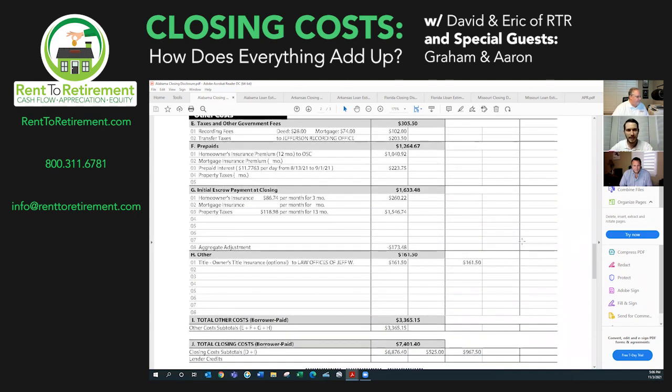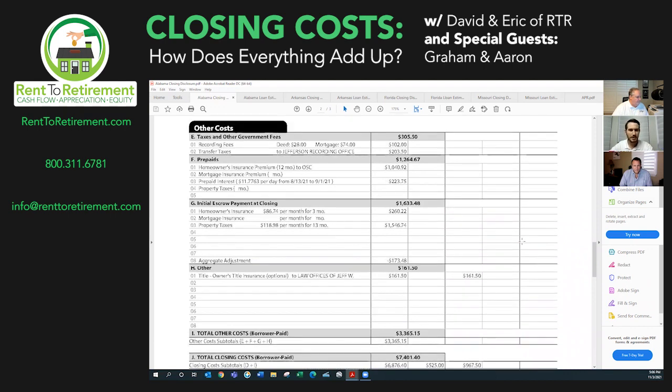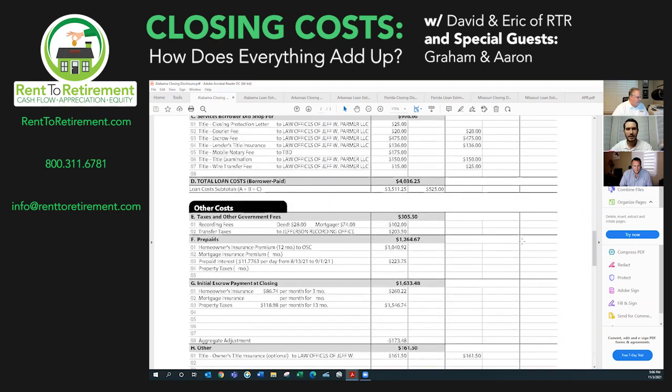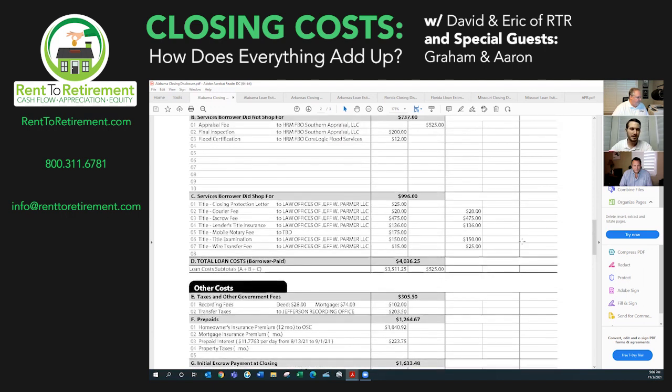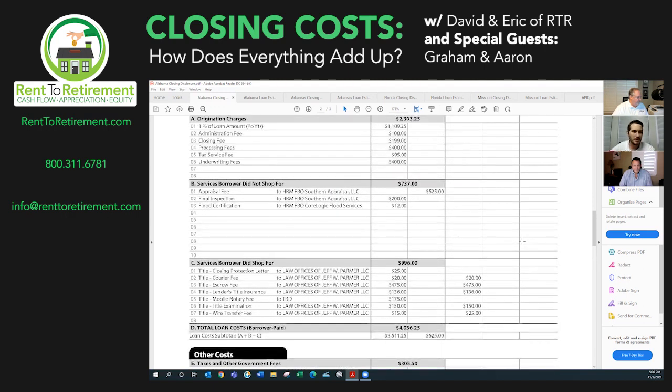As you can see, as he scrolls throughout it, we have a whole seller paid column. So anything like title fees or property tax fees that are owed by the seller, that's all going to be reflected in that way. So if we go up to the top here, section A, again, these are the fees that we know. We knew these weren't going to change. These are our lender fees. We're still at $11.94. And then of course, there's the optional buy down by the borrower.